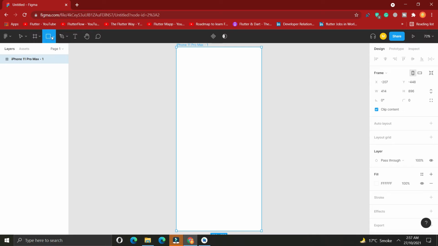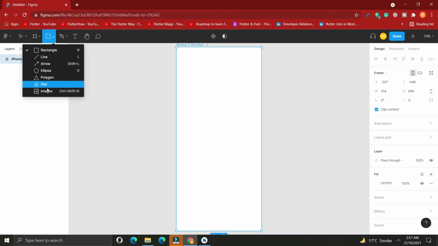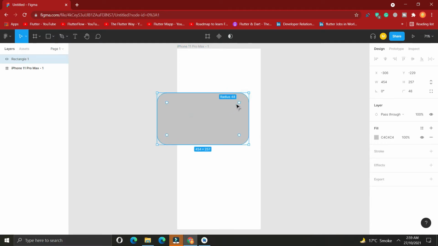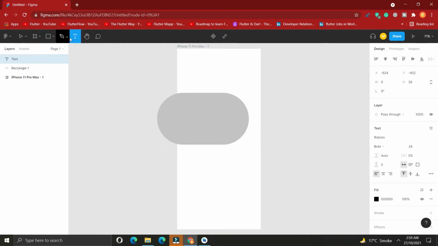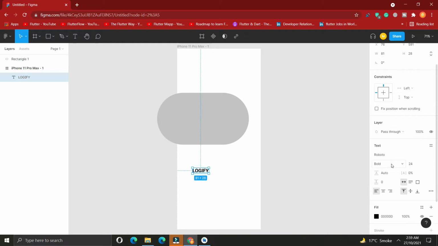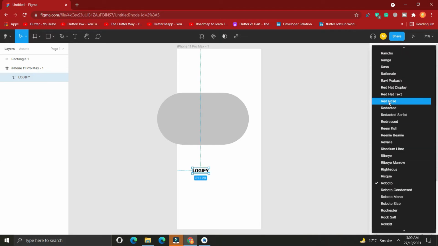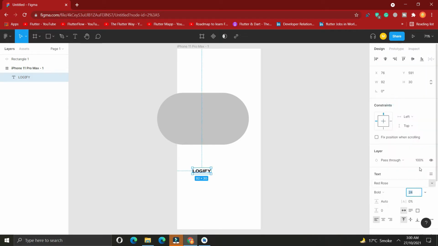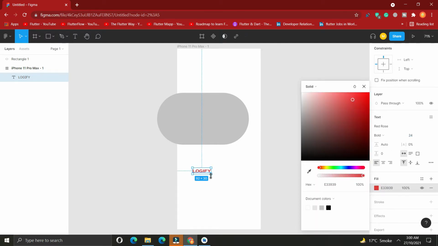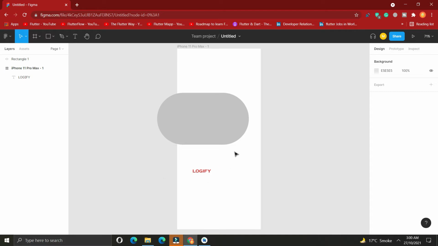When you click on this third icon, from here you can select many shapes like ellipse, rectangle. I will select rectangle here, and from this anchor point, we can adjust the radius of our rectangle. From the third last icon, text, we can add some text here. We can give some font size from here, or adjust the font like black or any font, or you can change the font family. We can give any font, and we can adjust the colors, font size and alignment as well. So let's get started with this.